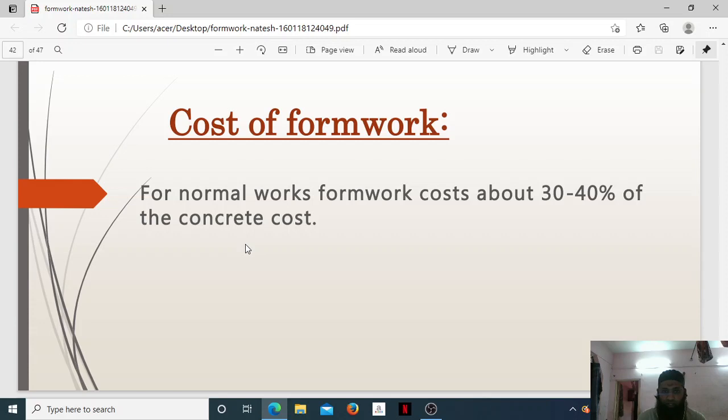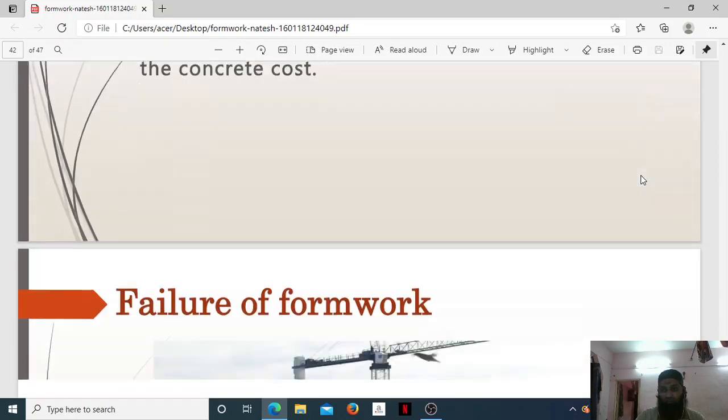The cost of construction is being covered by the formwork to a large extent. You can imagine, if we want to reduce the construction cost, we should try to manage with formwork that can reduce our cost. So good formwork, and the type of formwork we are using, is very essential. It plays a very important role in cutting the cost of the project.